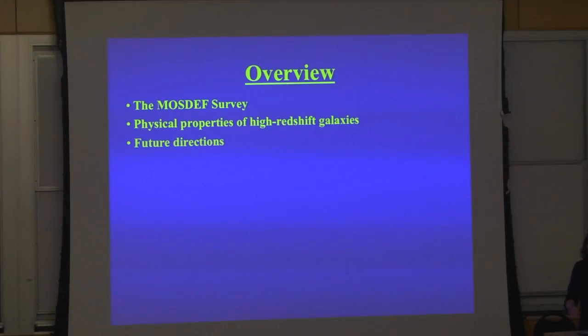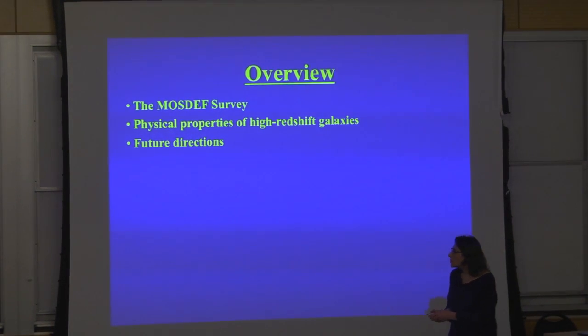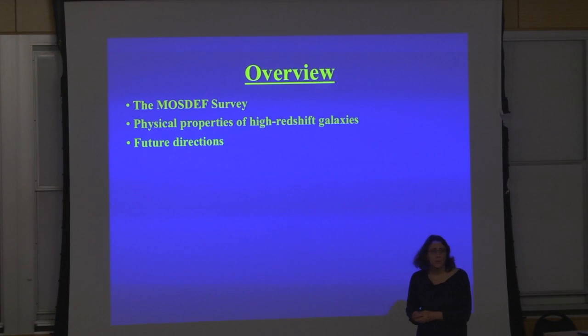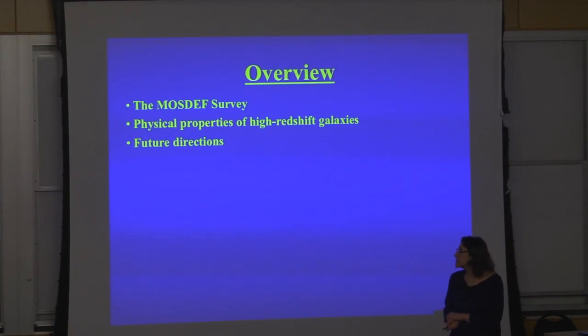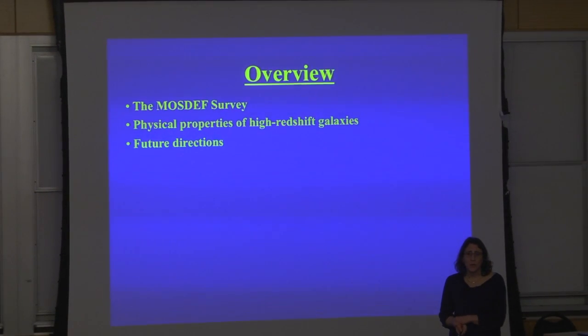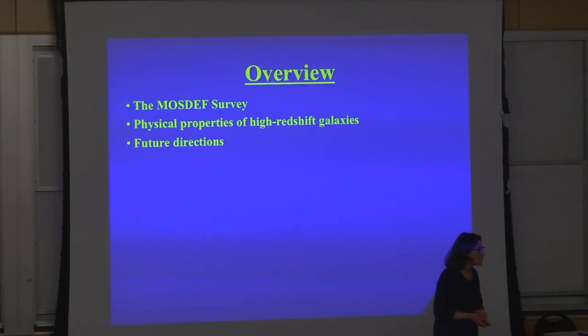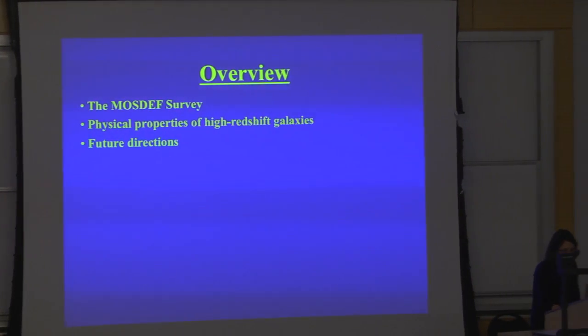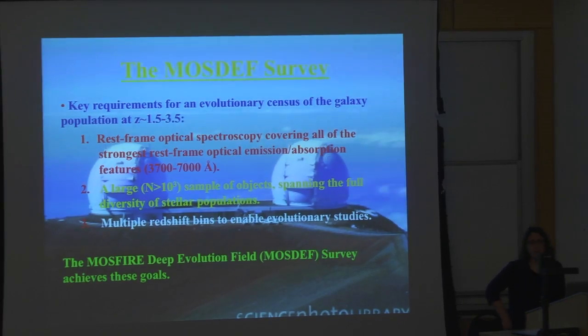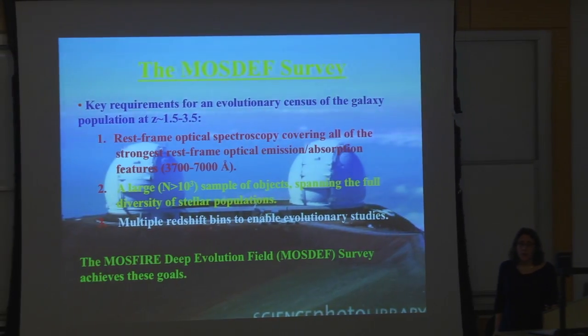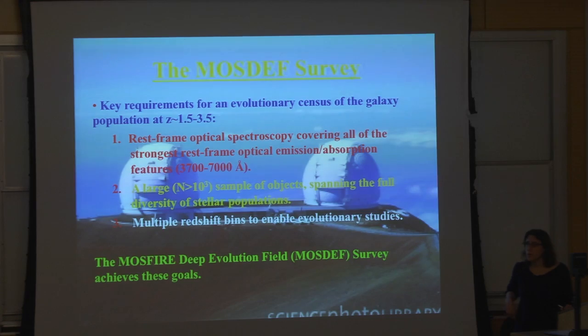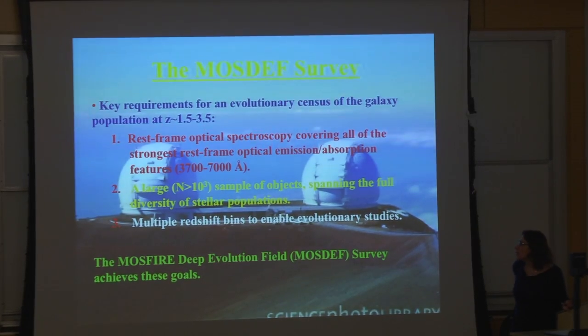Okay. So I want to tell you about our project where we tried to do this. This is the MOSDEF survey. And I want to tell you about what we've been learning about the physical properties of high redshift galaxies. And then I want to just finish up with a couple of things that we're thinking about studying in the future. Okay. So as we were thinking about how to try to survey the distant universe, that epoch of peak star formation and black hole accretion density in the universe, we were thinking about what the key requirements would be